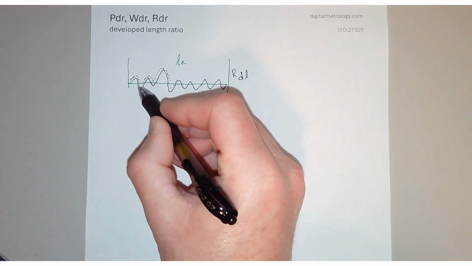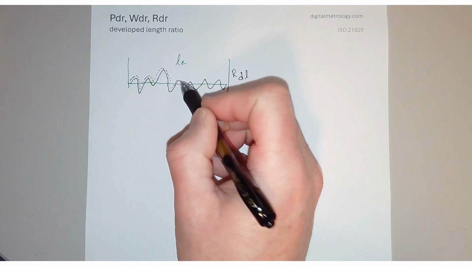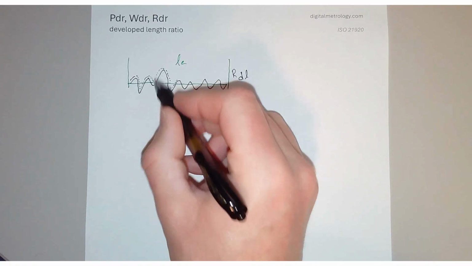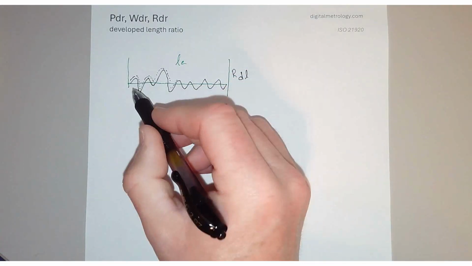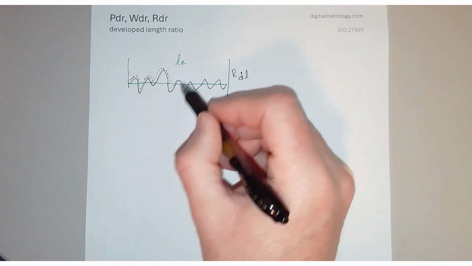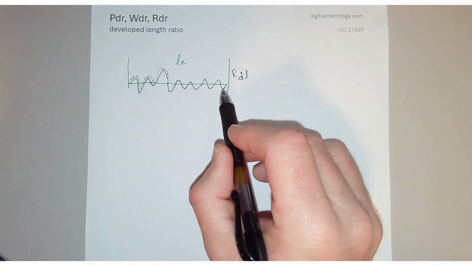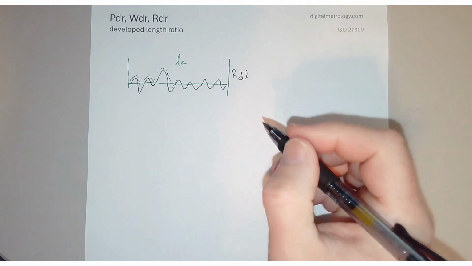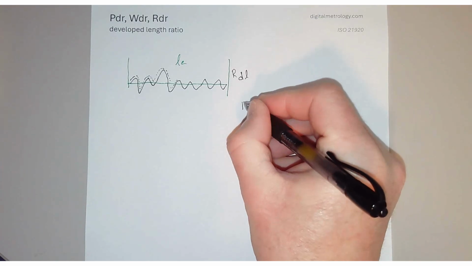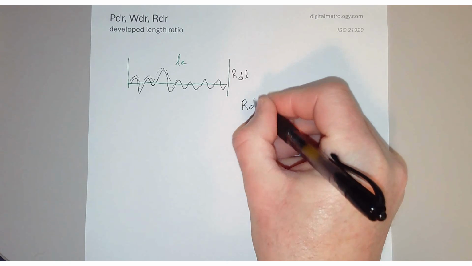My walking journey along the shoreline of a map is going to be longer if the shoreline is in and out with bays and inlets and things. The walking journey along my surface finish is longer than the length of the trace shown in green. We can report the ratio of these. If we report the ratio of the walking path, the developed length,